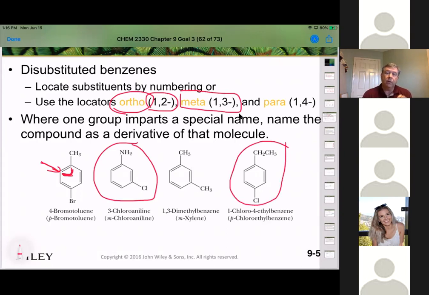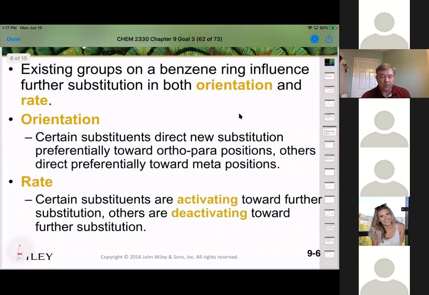It's important to know ortho, meta, para, because when we talk about direction, we tend to call them ortho-para directors or meta directors, okay? So you can direct it ortho and para at the same time, or meta. Those are the only 2 possibilities. So knowing the ortho, meta, para is important to know which way it's directing, okay? So